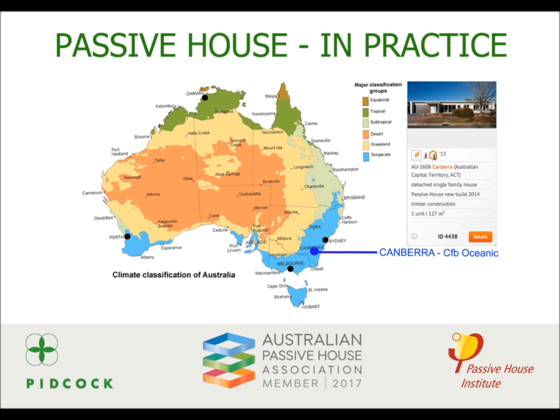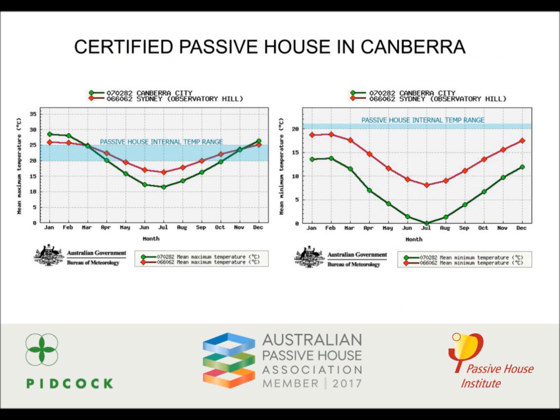This is the house of certified Passivhaus designer Hardy Truong, a remarkable individual who not only built 2 of the first certified Passivhouses in Australia, he also made publicly available all his design and certification documentation. A very generous gesture. Let's take a quick look at the Canberra climate in relation to the Sydney climate, which